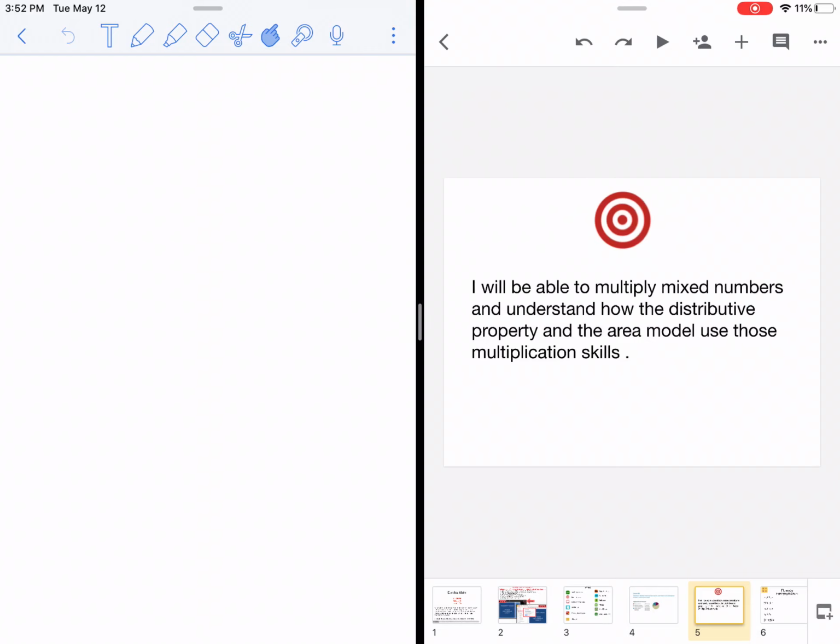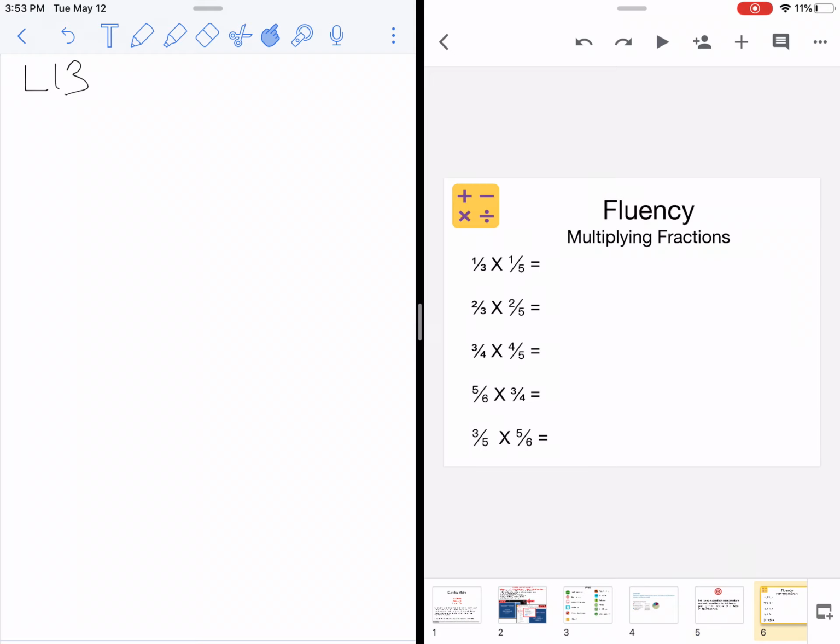All right, we are on Module 5, Lesson 13. Module 5, Lesson 13. Today we are going to multiply mixed numbers and understand how the distributive property and the area model use those multiplication skills. So, if you want to practice your fluency today with fractions, go ahead and pause the video and